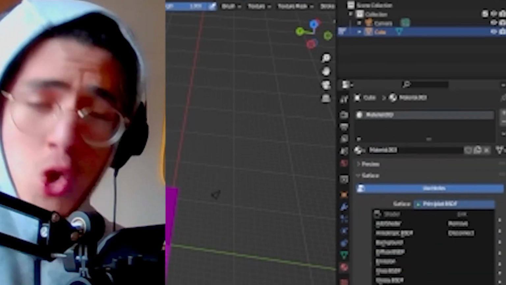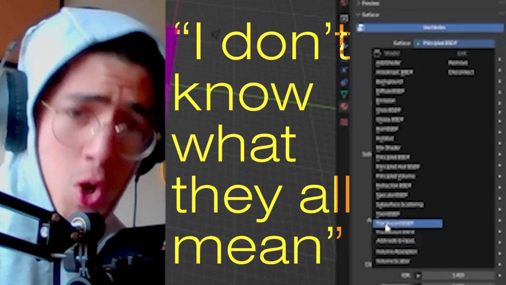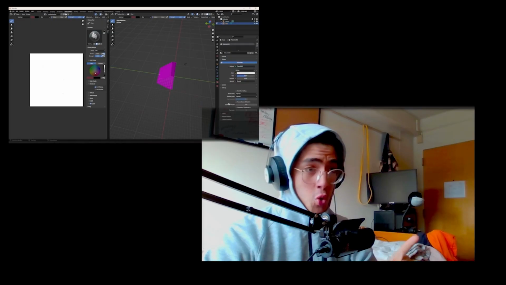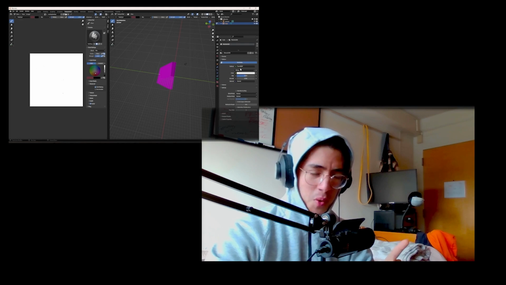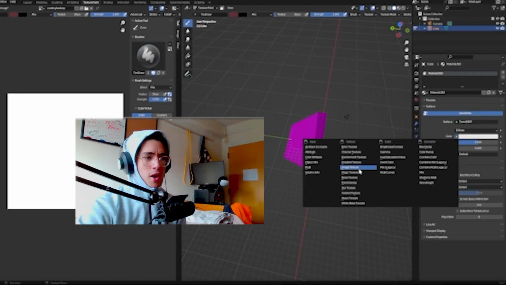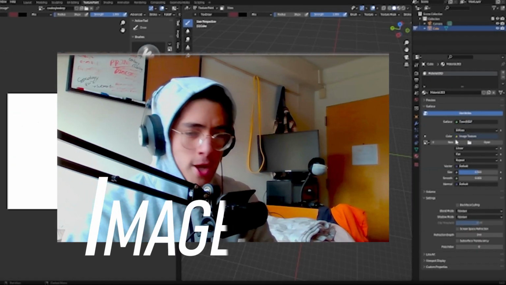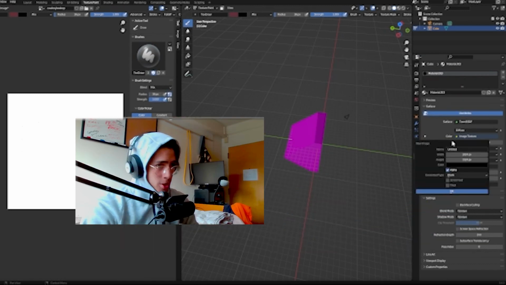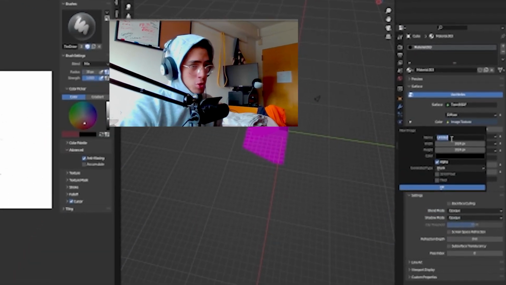Now there are a bunch of different textures. Frankly, I don't know what they all mean. What I do know is how to make a texture. I'm going to tune BDSF. BDSM. Just go to texture. What you want to do, magic button right here, image texture. And click new. And you can title it